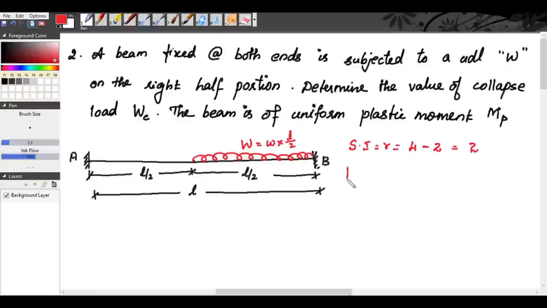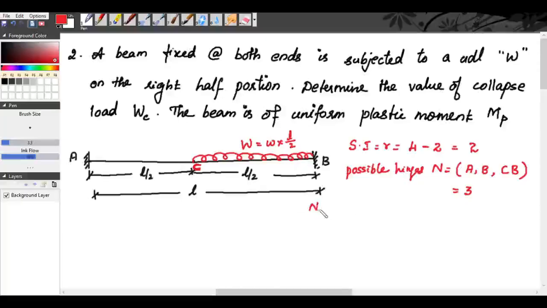Now, possible hinges. Capital N is equal to, you can have a hinge at A, hinge at B. Now, we will take this point as C. So, this is a single span beam AB. So, we don't know where the maximum bending moment occurs. Okay, so the point where the maximum bending moment occurs is in the portion CB. In the portion CB, you will have one hinge. So total hinges is equal to 3.